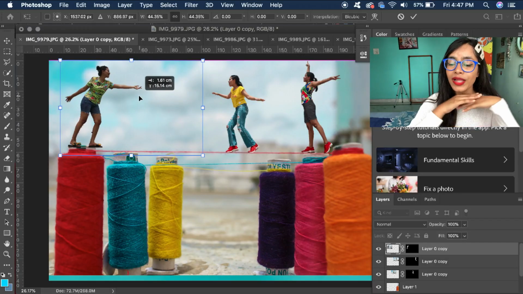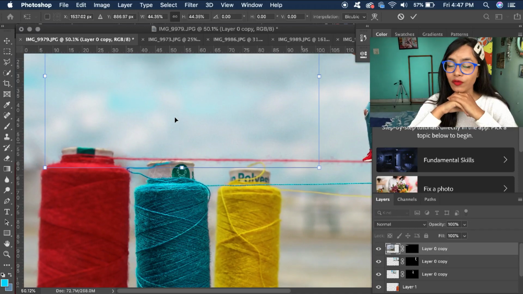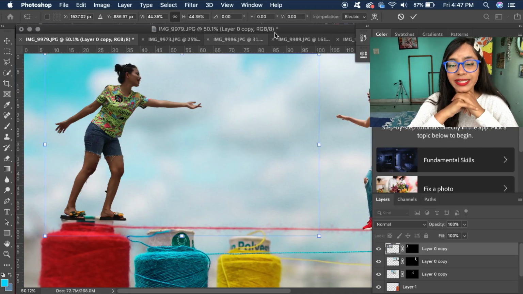And now let's place it over the thread rolls, because I want to make it look like these thread rolls are some gigantic and giant object, and we, being three different miniature characters, are playing over the thread rolls. So yeah, that's about the visualization of the picture, and that's the concept, I guess. Place all the three characters on their places over the foreground image, that is over the thread rolls.